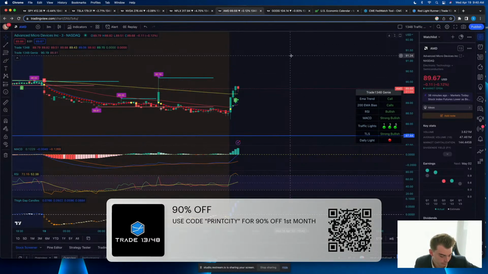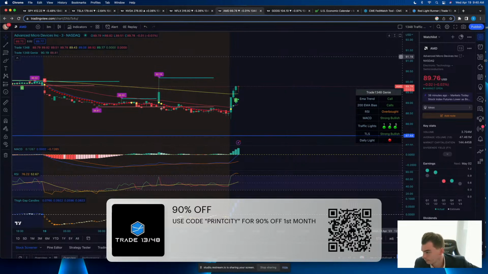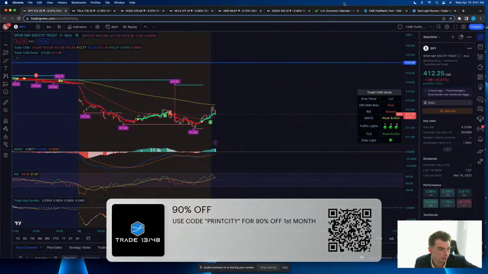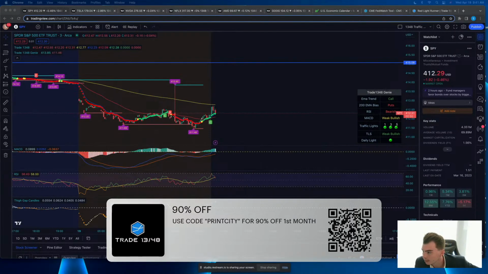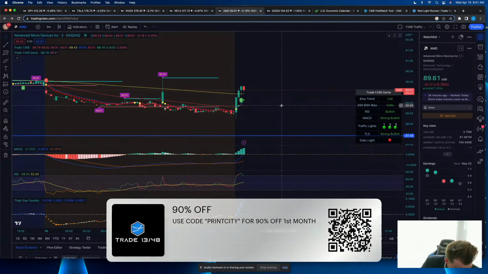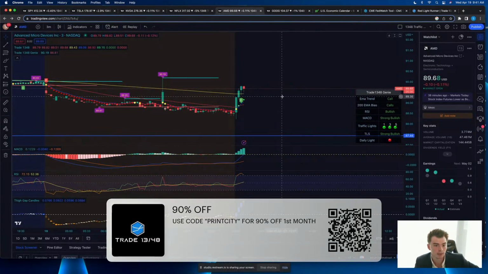This AMD looks interesting. If SPY can get a little action here back up, that could get fun. Not much, man. Hold on, let me see if I like anything on futures here. I kind of do, but I don't. How many points is that? That's a lot of points. Shares of crypto companies down after Bitcoin nears 29K.